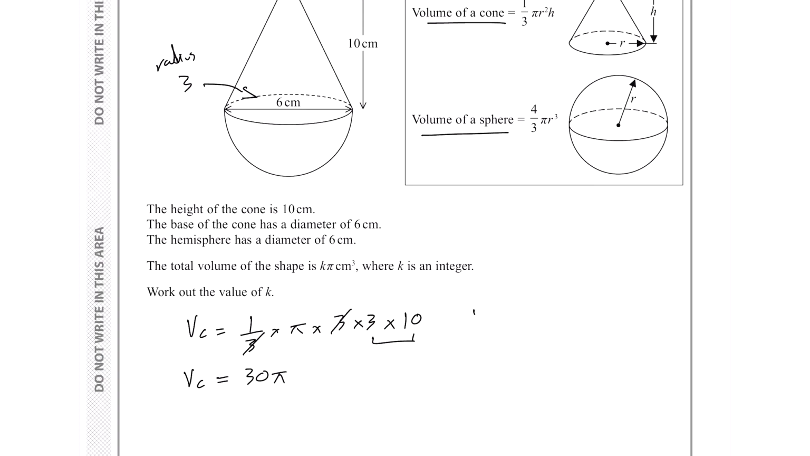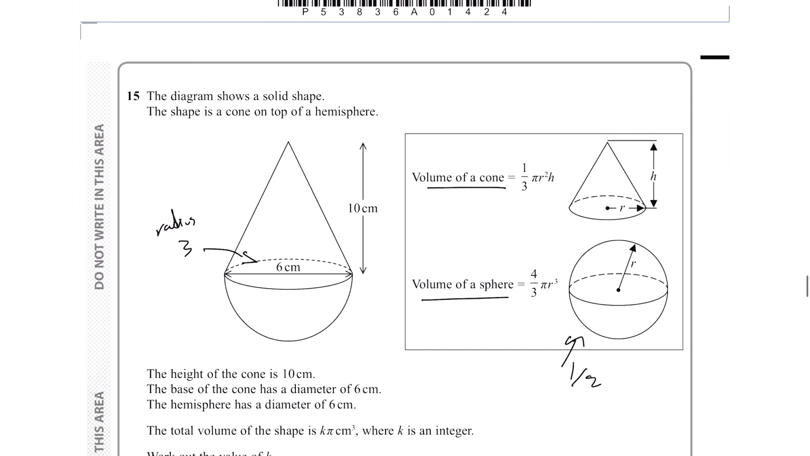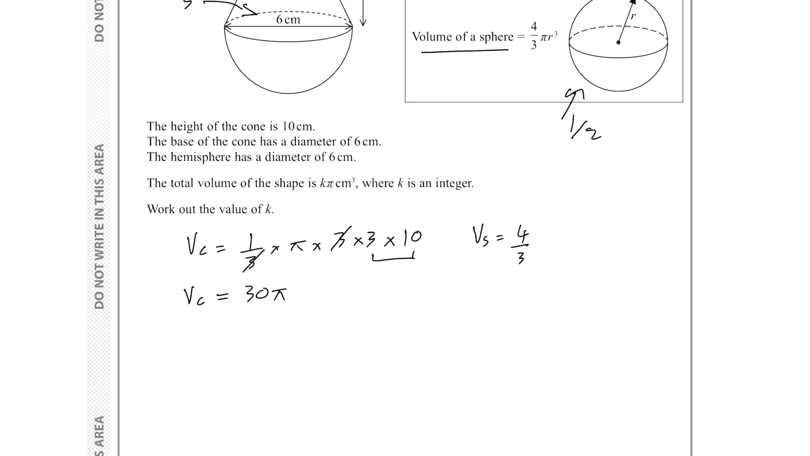And now if I look at the volume of the sphere, we have 4/3. Well, one thing to bear in mind is this is the volume of the whole sphere. We only have a half because this cone is on top of half of a sphere. So we're going to times this whole thing by a half. So let me just rewrite that. So that's going to be a half times that equation, which is 4/3 times pi times the radius,